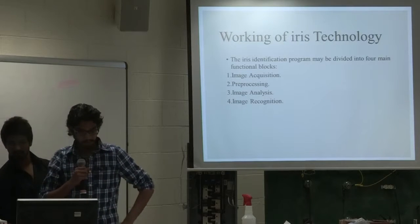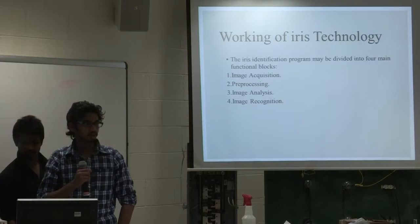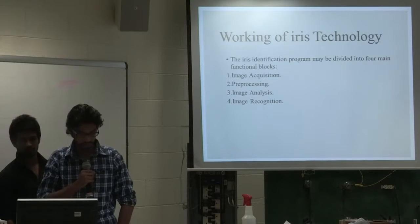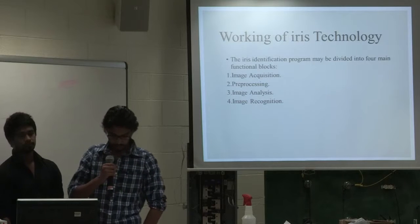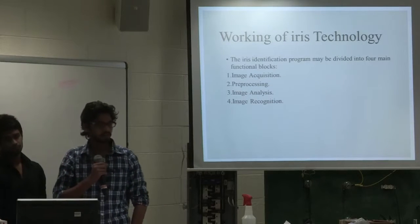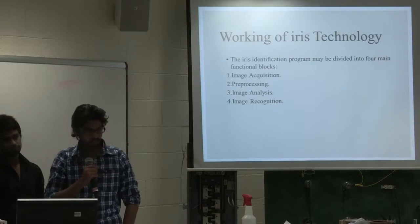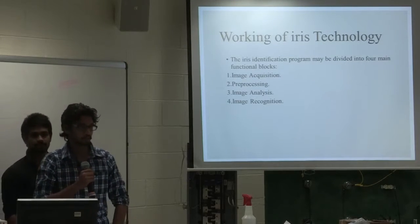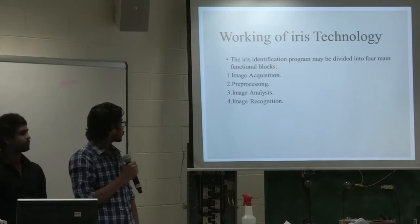Just in brief, I would like to explain some working parts of iris. There are 4 elements which play a crucial role in iris recognition. The first and foremost part is image acquisition. It is one of the major challenges of iris recognition to capture a high quality picture while remaining non-invasive to human operators. And the second,